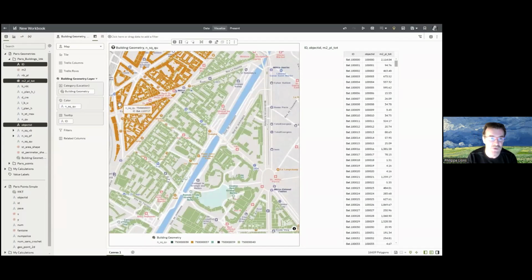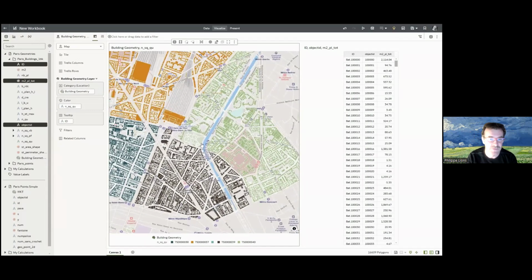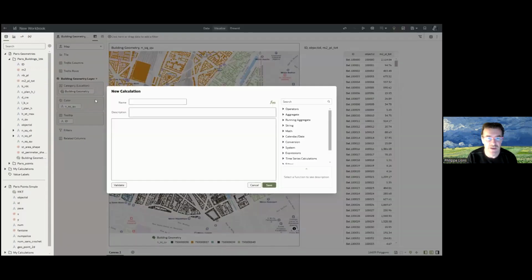Let me show you the spatial calculation now. Let's go ahead and create a calculation and leverage the capabilities that have been added with geometry. Let me type geo, and you can see here a series of new calculations that have been added as part of Oracle Analytics: calculating area, distance, length, relate, within distance. This is a subset of what can be done in Oracle Database, but it can be done in Oracle Analytics irrespective of whether it is a database or not. If it is a database, everything will function shipped down, but if not, it'll be computed by Oracle Analytics itself.